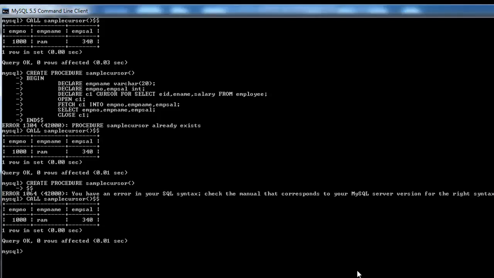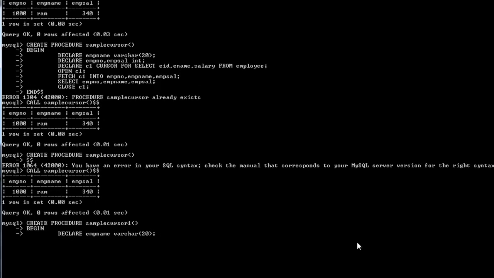So now what I'm going to do is just I'm going to use one more procedure. So in order to do that, again I'm typing my create procedure. So since I've already done it, I'm using the same thing, create procedure. This time I have to create a separate cursor. So I'm using create procedure sample cursor, and then I'm using the keyword begin, and then declare emp name, same emp number, and this time cursor name also I'm creating as a different cursor. Imagine I'm creating the cursor C2,